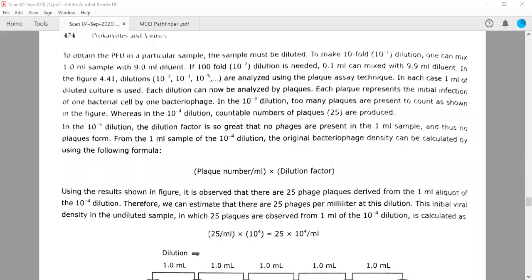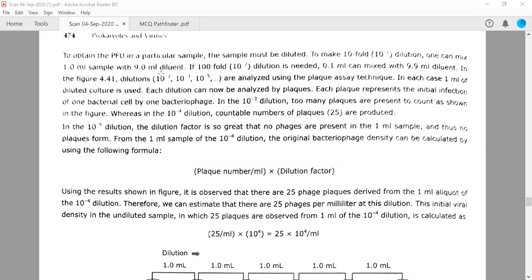Fine. So each time you will count the number of dilutions, and the dilutions are taken as minus power, and the dilution factor is always the positive power. So you can correspond the dilution with the dilution power, only you need to change the power. If it is minus, you need to put a positive power, right?